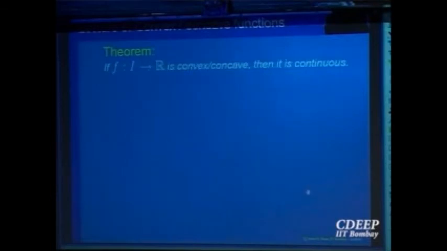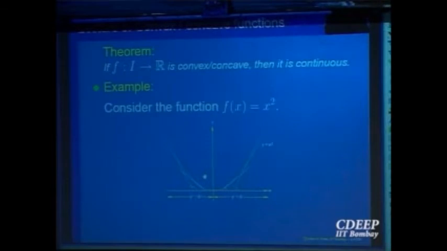So we will assume this theorem that if a function defined on an interval is convex or concave, then it must be a continuous function. Right? So if it is not continuous, it cannot be. If the interval has a point of discontinuity inside it, then it cannot be convex or concave. So let us look at one more example to get some ideas about how to analyze convexity and concavity